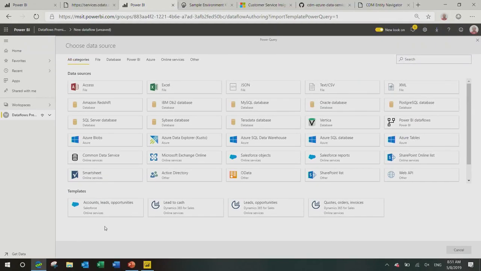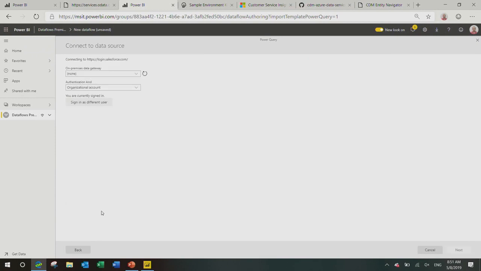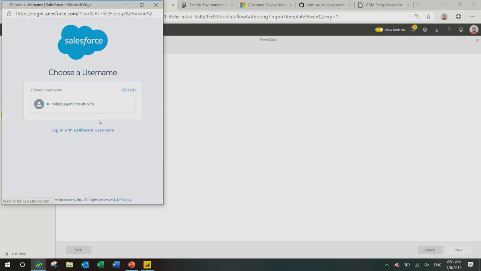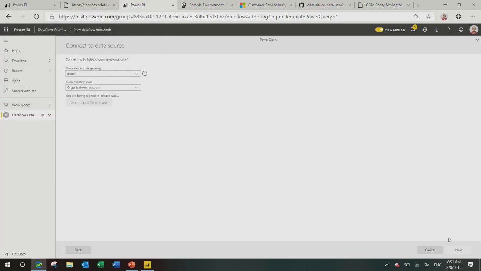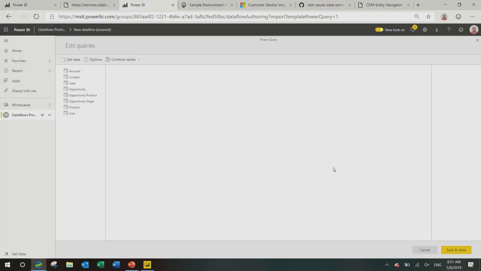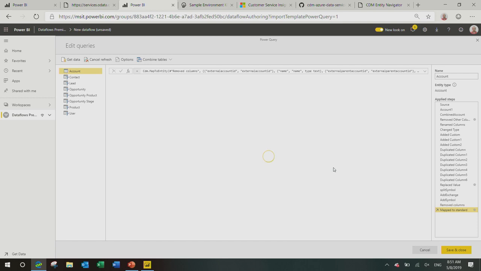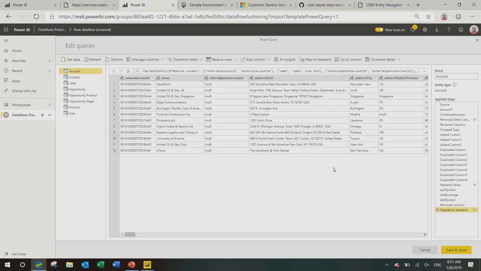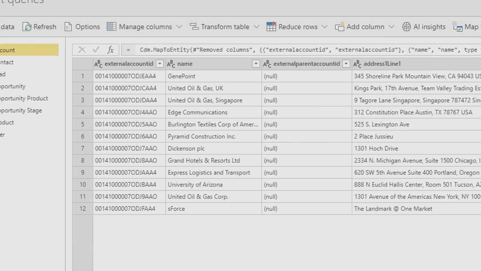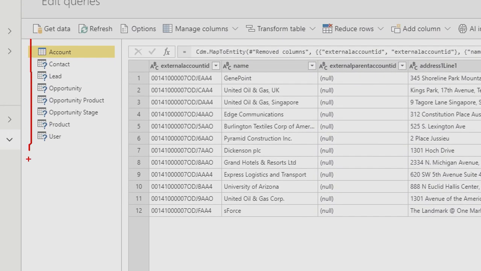But I think the more interesting one is probably looking at Salesforce data. Salesforce has a different shape of data underneath than what you would find in Dynamics. So I'm just logging in. What you see here is that I connect to Salesforce, but I have a set of predefined queries. This particular template has predefined queries for accounts, contacts, leads, opportunities, products, and several more.